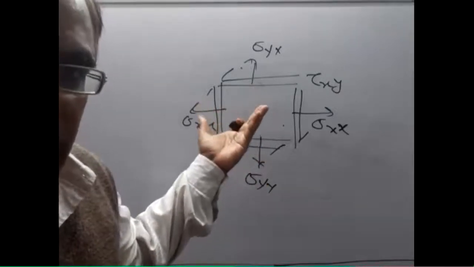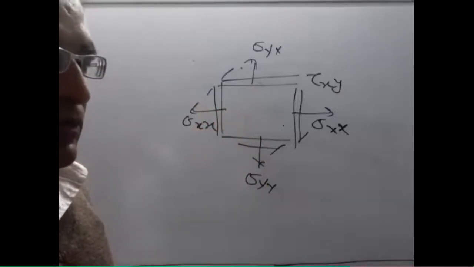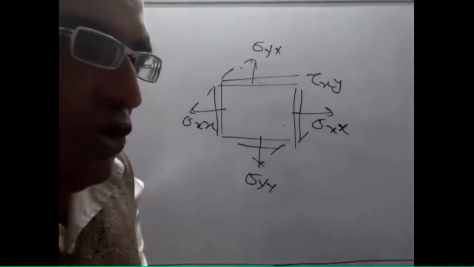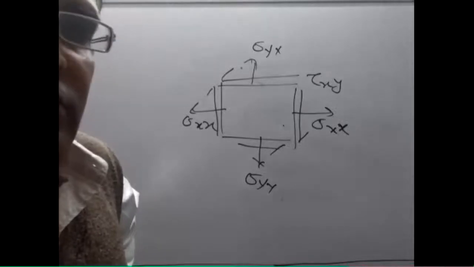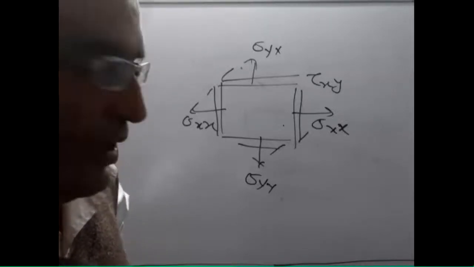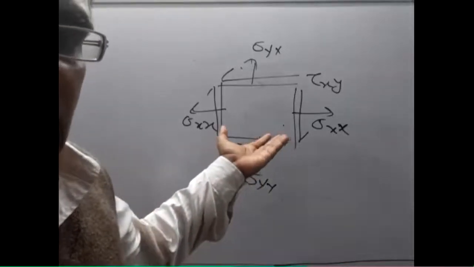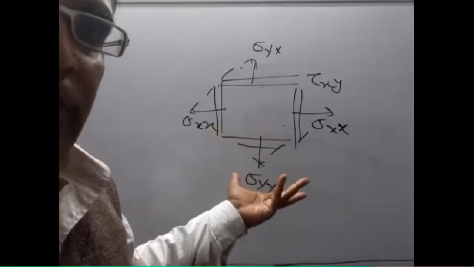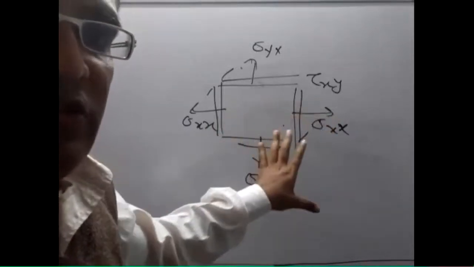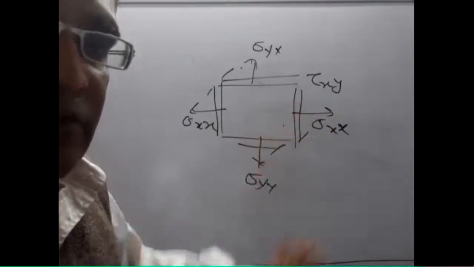Obviously I started from the three-dimensional geometry, but I mentioned that in elasticity, analytically solving the three-dimensional elasticity is difficult. So that's why simplified models have been proposed in the form of plane stress or plane strain. Okay? So this is a plane stress element. All stresses are in a plane. That's why it is called plane stress.